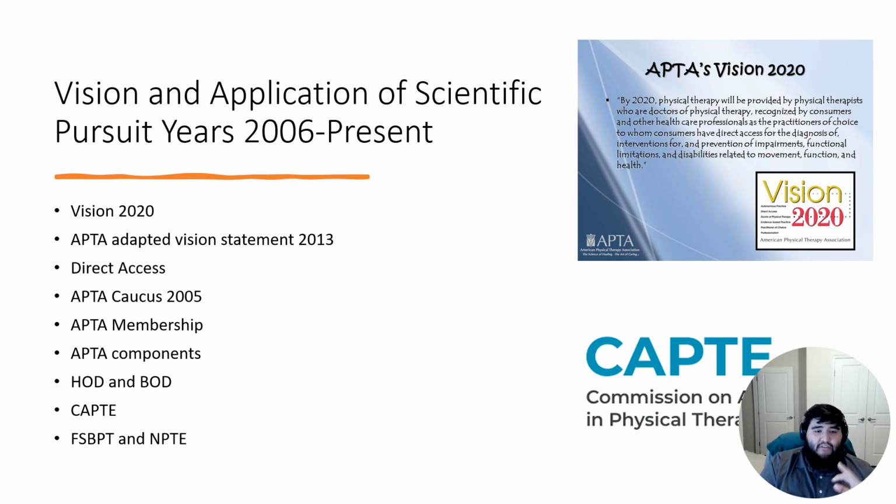Now, in 2013, APTA adapted basically that vision statement, and they included things like identity, which is how we represent ourselves as physical therapists, and quality, which is obviously the quality of service that we provide to our patients. This shows why we keep all these exams, classes, and teaching material very strict and hard, to make sure that our quality never goes down. It's a hard profession, so if you want to get into it, you need to actually work hard for it.